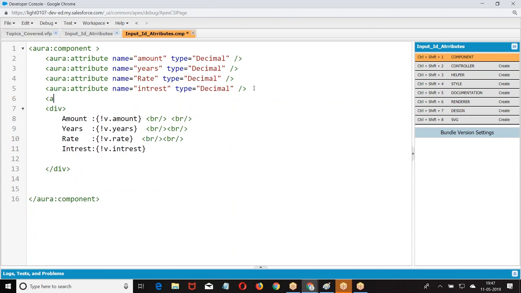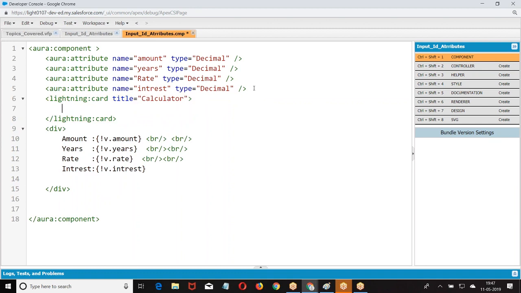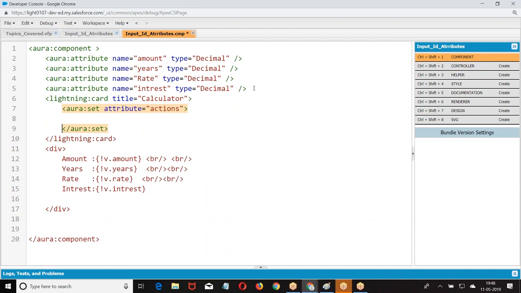Now, I was taking a lightning card. Now, in the lightning card, when you say set attribute, you cannot give whatever names you want.